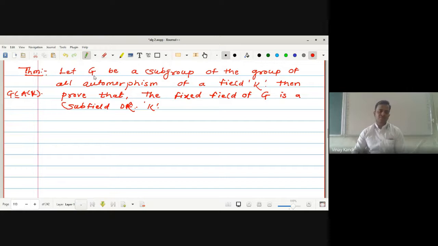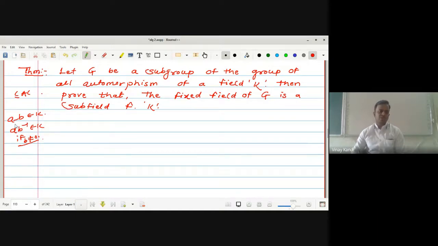So what is the necessary and sufficient condition to prove a set is a subfield? A minus B belongs to K, very good, and A B inverse belongs to K, if B is non-zero. So here we have to prove that, taking any two elements A and B of that fixed field,